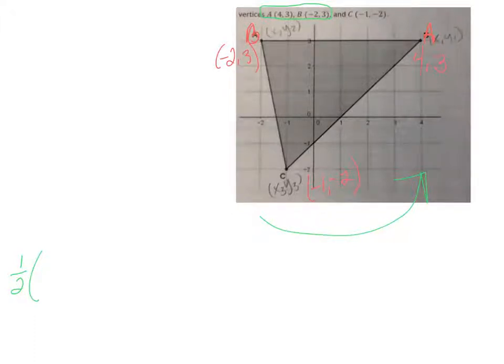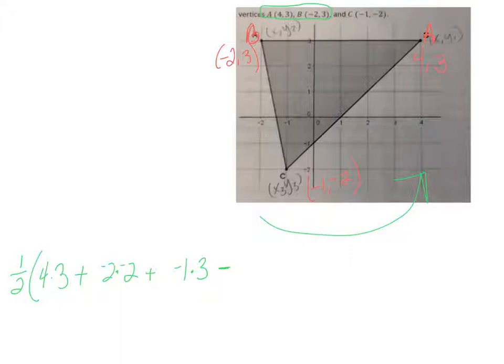So first, here I'm going to go x1 times y2. So 4 times 3 plus x2 times y3, negative 2 times negative 2, plus x3y1. So x3y1 would be negative 1 times 3. Cool. Now let's go again, except we're subtracting,